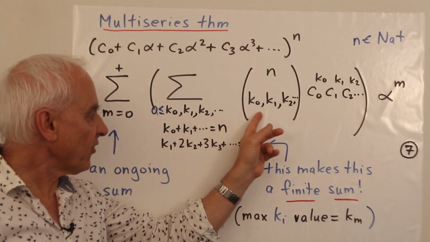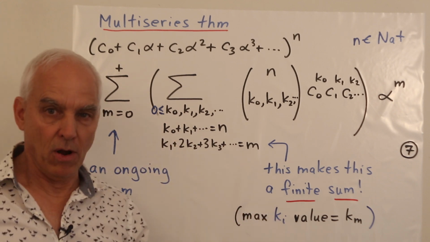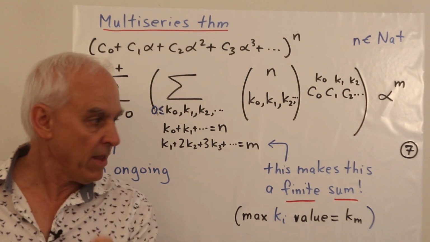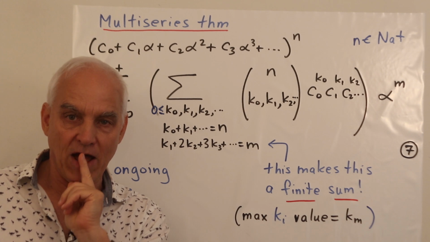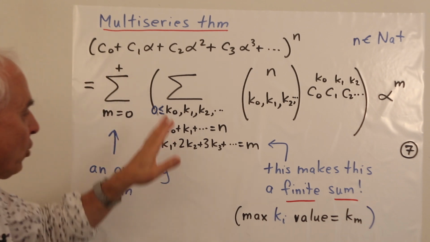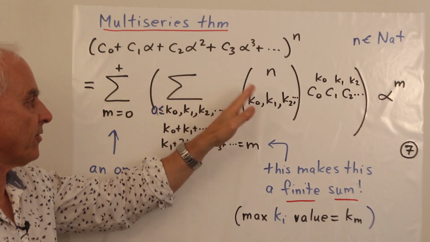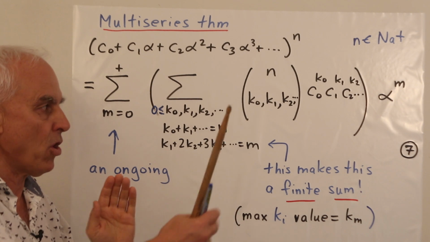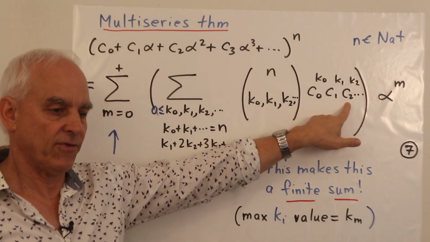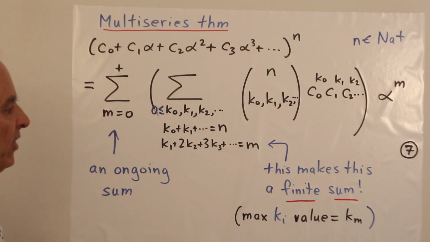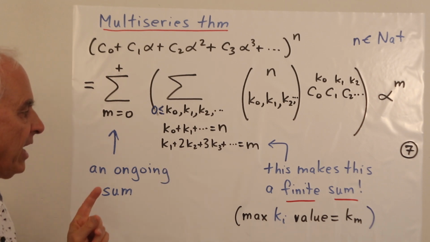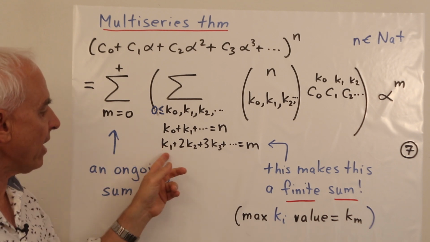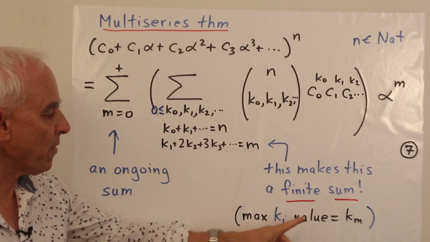Now, before I discuss the coefficient, let's make the very important note that it's this condition here, the index degree condition, that guarantees that this is a finite sum. It may look like there's an unending number of terms here, but there's not. This is a finite sum of terms which are products of the ci's. And the reason is because this condition here guarantees that we're not allowed to use a ki